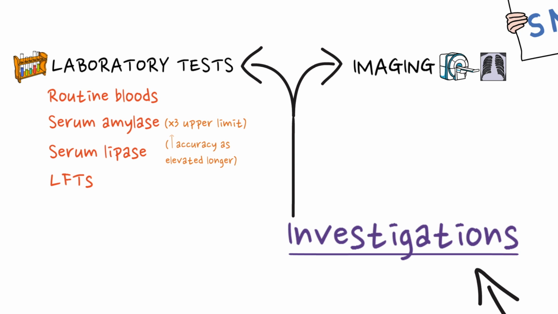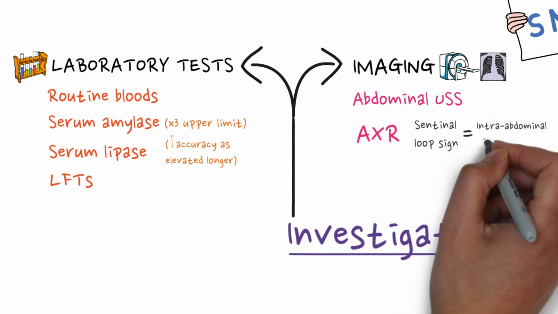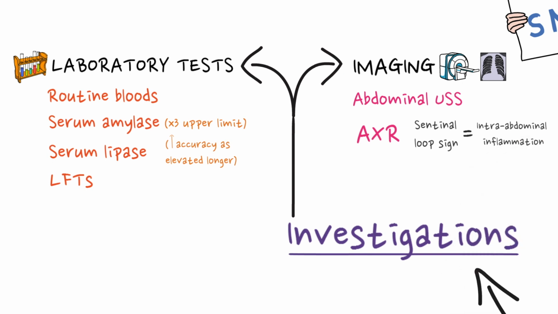The imaging done often includes abdominal ultrasound scan, which is particularly useful if concurrent gallstone disease is anticipated, an abdominal X-ray, which is not routinely done, but certain signs on an abdominal X-ray can be suggestive of pancreatitis. Examples include that of a sentinel loop sign, which is a short segment of adynamic bowel in close proximity to the pancreas. Sentinel loop sign generally is an indication of an intra-abdominal inflammatory process, and they can also be seen